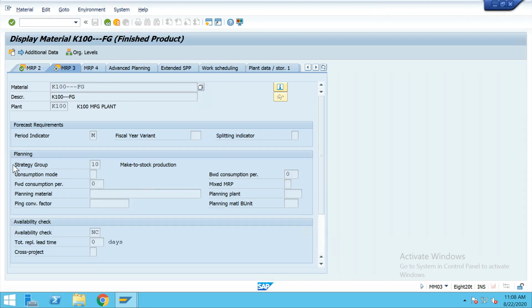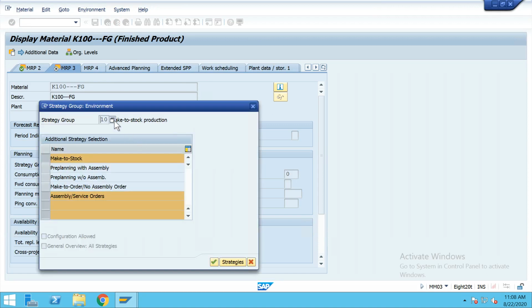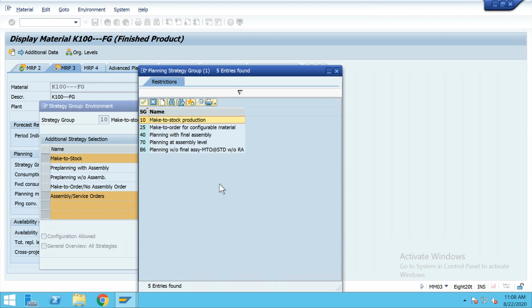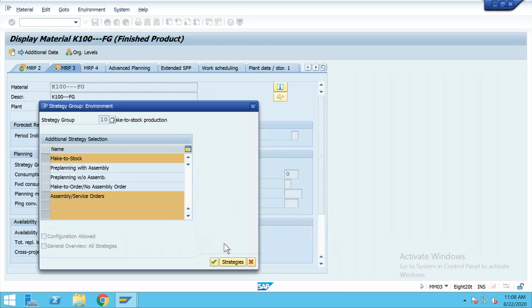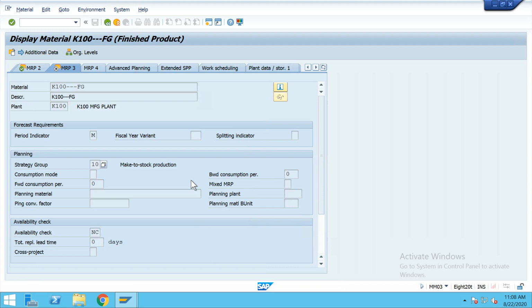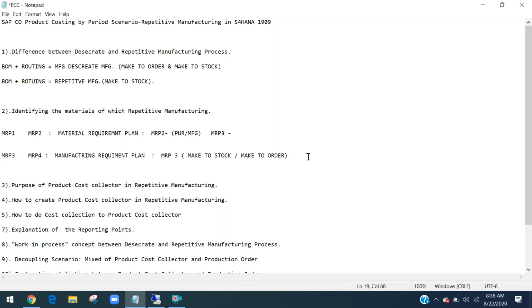In MRP3, this is the strategy group. Here we can identify in MRP3, MRP2 or MRP. That means suppose a make to stock scenario is identified. Then again the system will go for MRP4. MRP4 means here make to stock, discrete manufacturing is there. Make to stock,